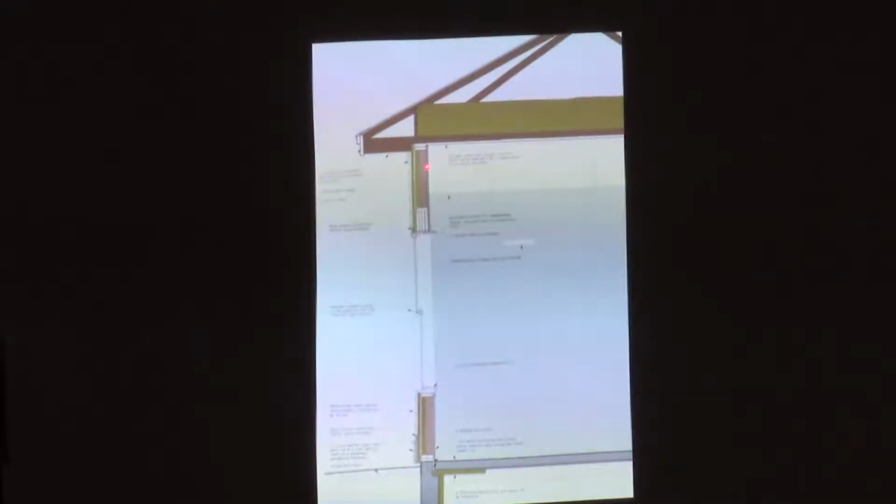The envelope will be insulated on the exterior with 1-inch rigid insulation and the cement board siding. On the inside, there'll be a layer of spray foam that is an air barrier. It also provides some significant insulation, and then the rest of the cavity will be made up of batt insulation. So the wall assembly is calculated at about an R34, which is greater than the energy code